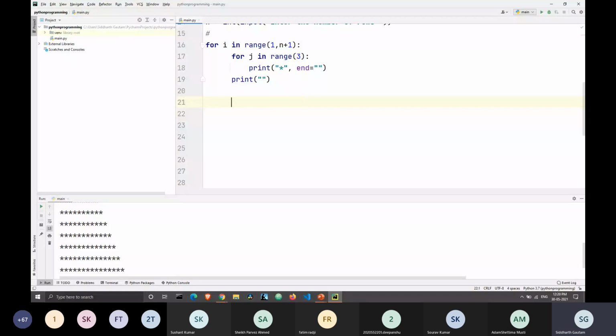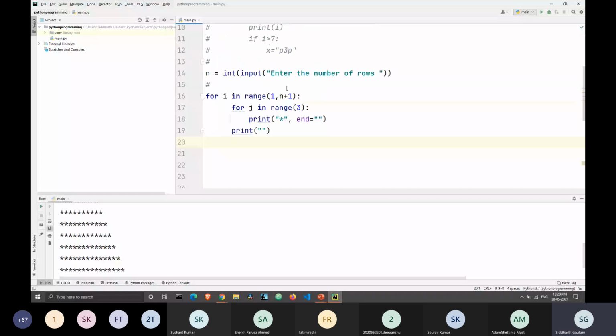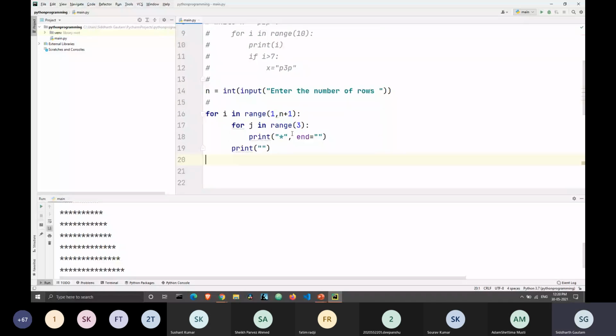Instead of printing i and j, we are printing stars here. Did you understand how these loops are working, the for loop and the j loop? I couldn't hear you. Yes, sir. Okay, the one who asked the doubt, did you understand it? Then I will get back to what this n is doing here.